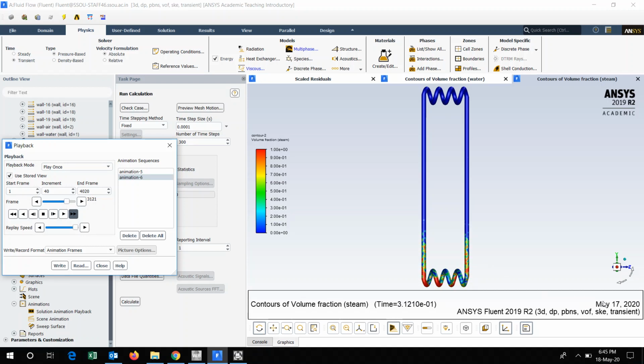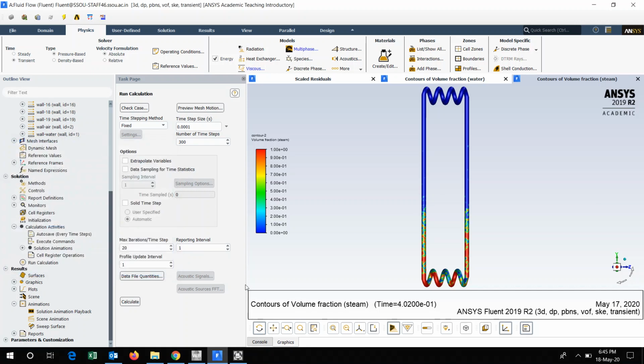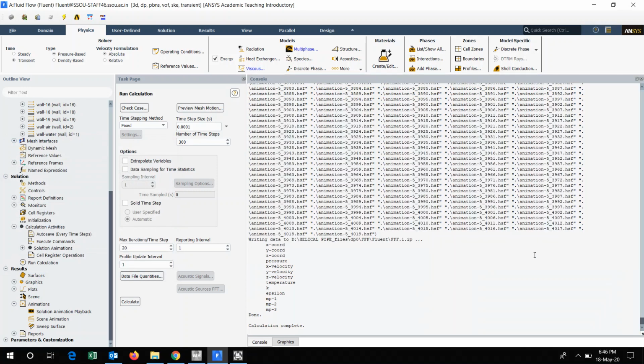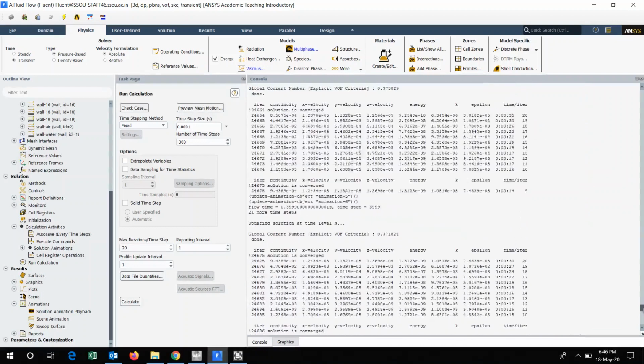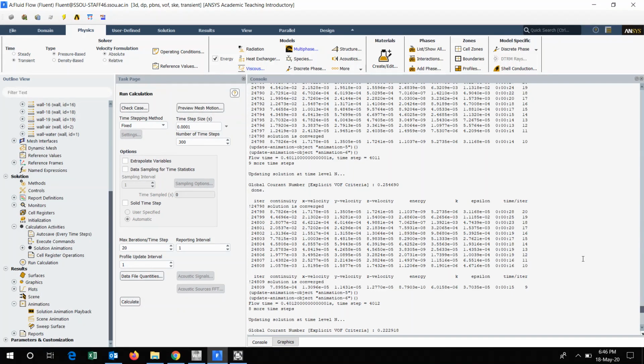So this particular option can be activated with the help of this tab which is provided. Again, one of the difficulties relates to the Courant number. Sometimes you might get a problem with respect to the Courant number, because sometimes the Courant number goes more than 250. In that case the iterations are stopped. So you always have to take into consideration how much time step you are selecting.